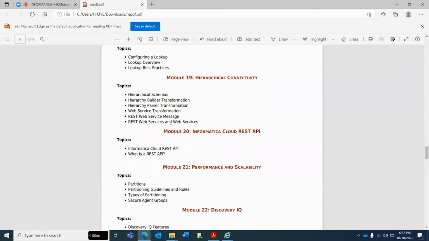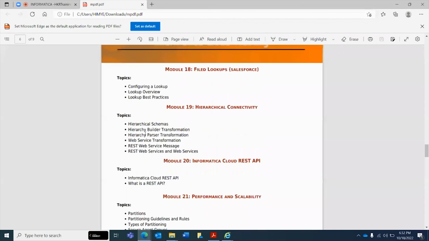And REST web service and SOAP web service, the web service transformation. This web service is one of the transformations to connect to an API. This can be either REST or SOAP. So in the training we'll also be discussing how we connect to a REST or SOAP API as well.